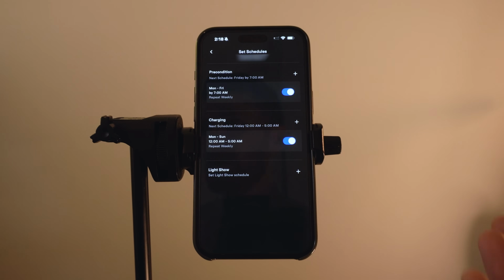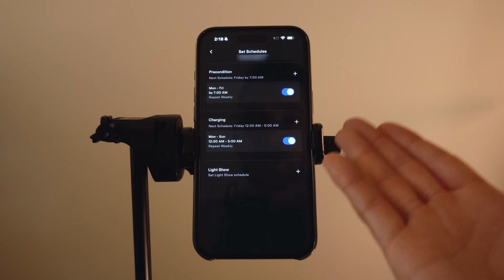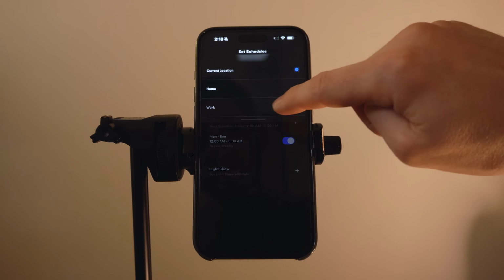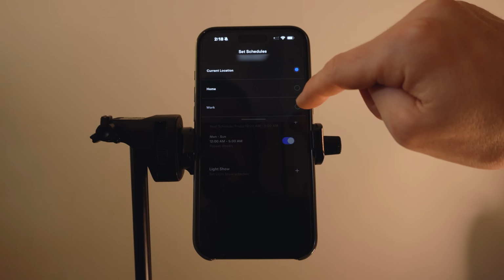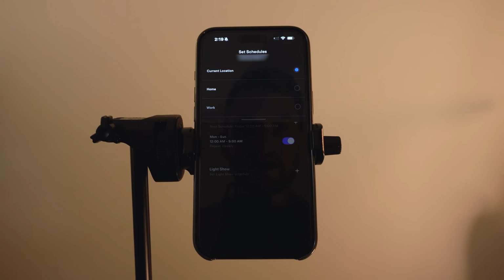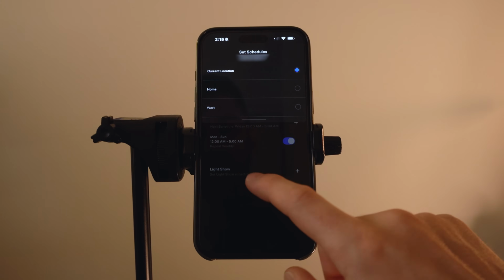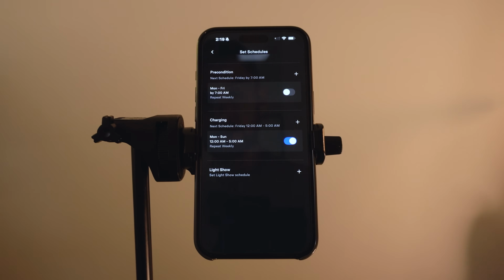time. By the way, not everyone knows this. You can set preconditioning schedules for different locations. So for example, this is at my house, but we can set a different location at home, work, or whatnot for preconditioning as well. So that it recognizes, let's say that you're at work temporarily and that, hey, at 3 p.m. I want the car to be preconditioned as well. When I leave work, well, you can do that as well and set different schedules for different locations. Now I'm gonna go ahead and turn this off because I work from home, so that is unnecessary, but we